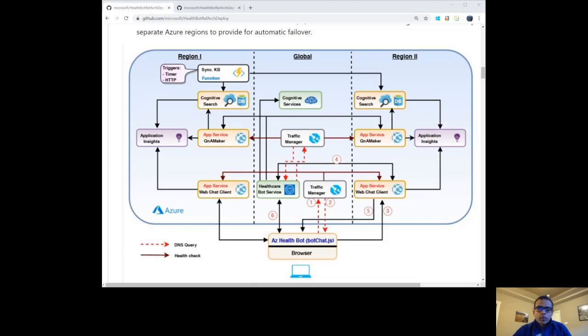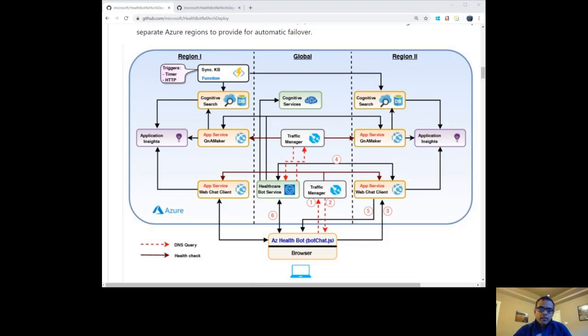For customers wanting to deploy pre-built HealthBot templates such as COVID-19 FAQ published by the CDC, additional app services have to be deployed. As shown in the architecture diagram, the Q&A Maker runtime exposes a REST API and is used to serve COVID-19 FAQs. This API is in turn invoked by the Healthcare Bot to respond to end-user queries on coronavirus. The Q&A Maker runtime also runs within an Azure App Service, as you can see in the diagram. The Q&A Maker app service is deployed in both region 1 and in region 2.